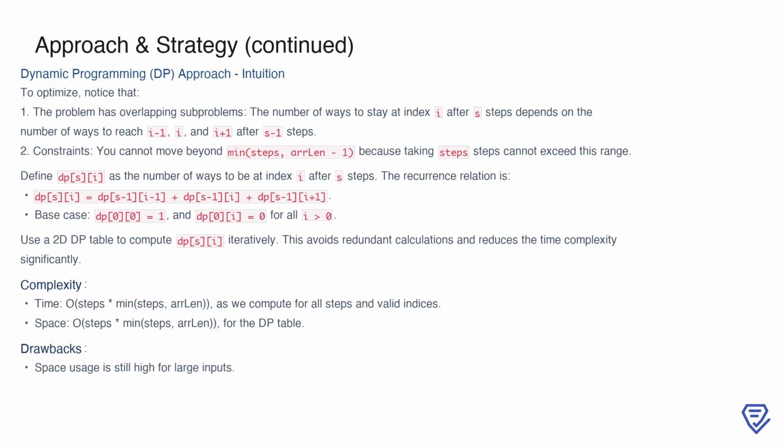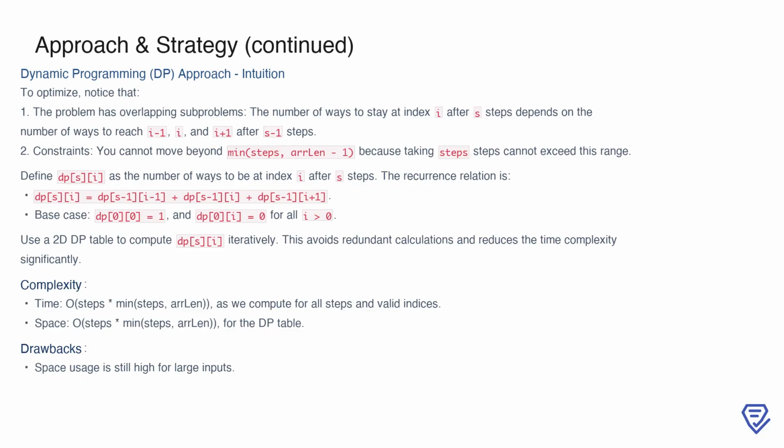This approach leverages the observation that the problem contains overlapping subproblems. Specifically, the number of ways to stay at index i after s steps depends on the ways to reach indices i-1, i, and i+1 after s-1 steps. Additionally, the range of indices we need to consider is limited to min(steps, arrLen - 1), because taking steps cannot